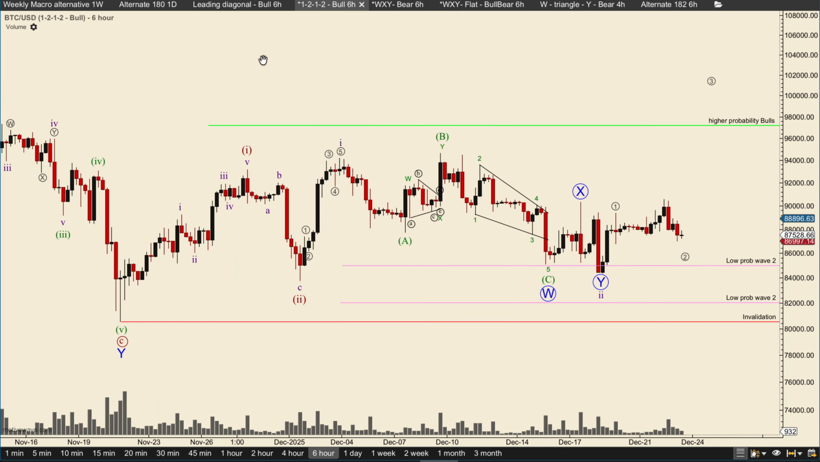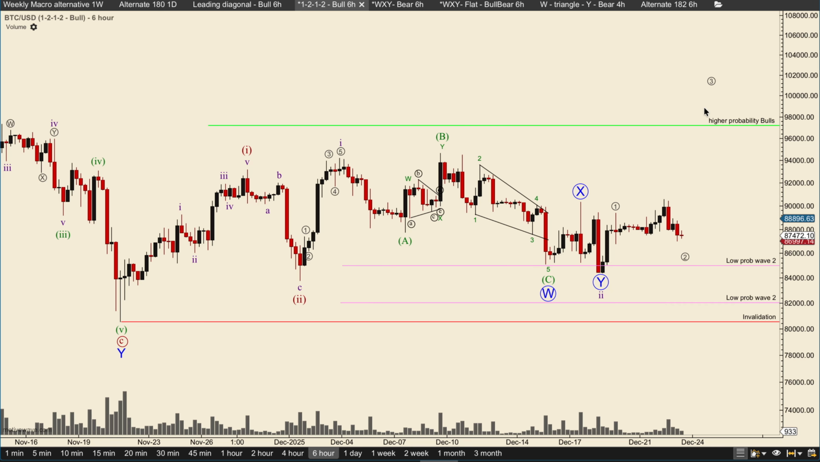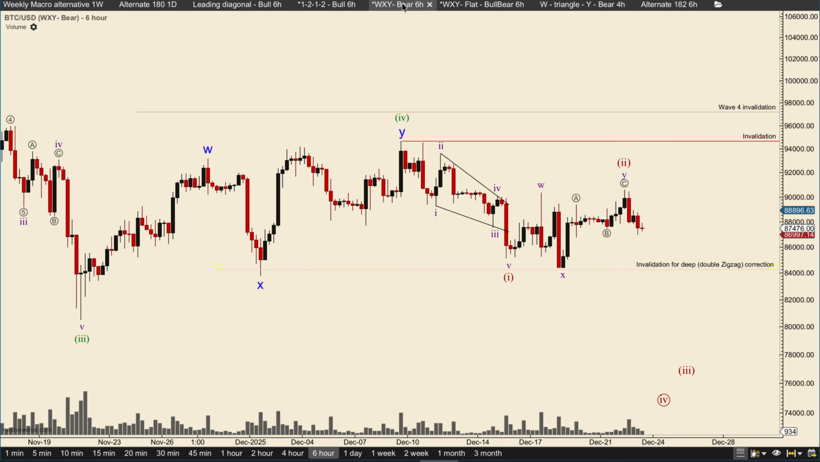Then the other bullish scenario is a 1, 2, 1, 2. So same scenario here, we are counting a finished wave Y. 1, 2, 1 ABC to W, X, Y into wave 2, 1 ABC into 2, and then we move up to higher prices. If we move on to the bearish scenarios, we have a WXY